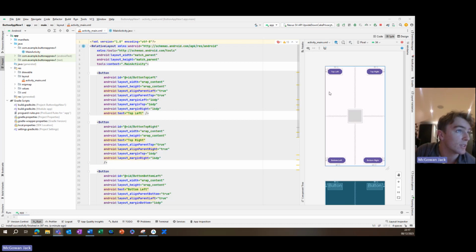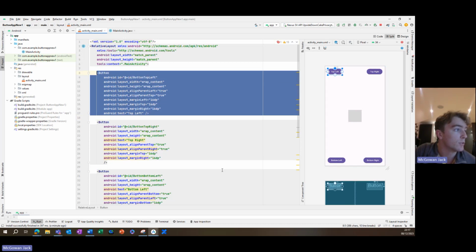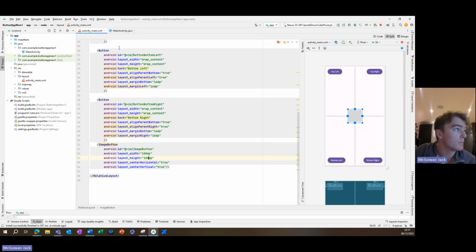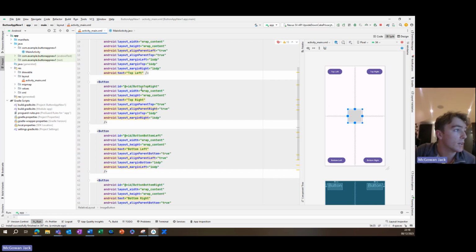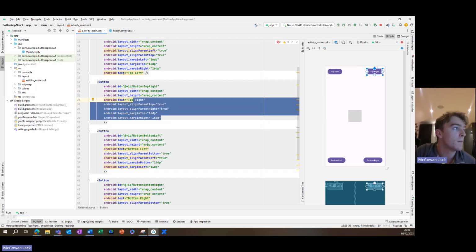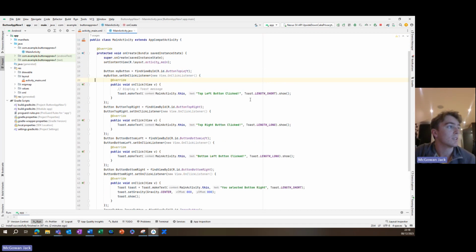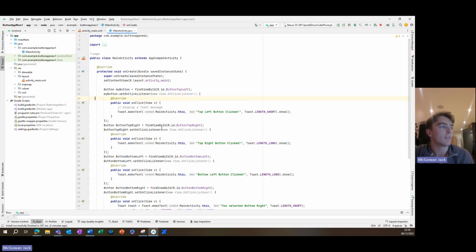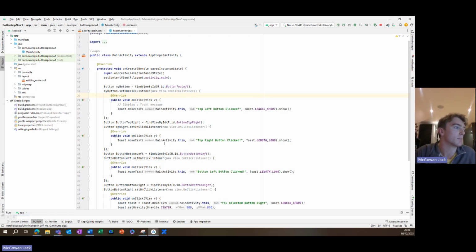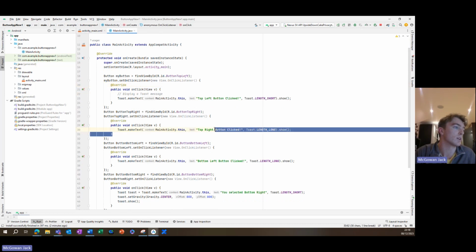The first code, as you can see on the left here, before I run it, you've got the code for the 4 buttons and then the image button on the bottom, all with names, layouts, the text on the buttons, and then obviously positionings on the screen. And then into the Java, we can see all of the things and the on-click listeners, which then generate a response for what will happen. As you can see, we have an on-click listener and a public void for all of them, and then obviously the code that comes up in the toast message when